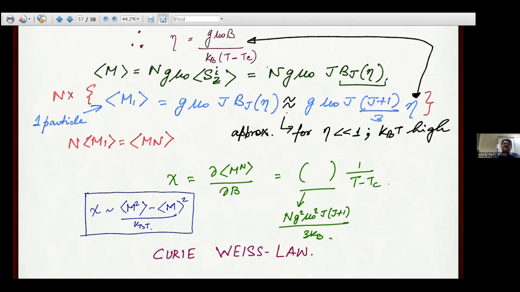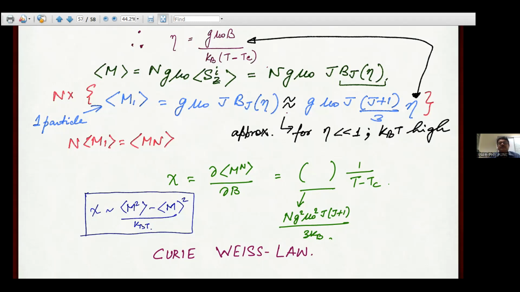Having said that, having solved this problem in this manner, this chi goes as 1 by (T minus Tc). That is what was seen initially experimentally, without going into the details. That's the broad behavior, and this is also called the Curie-Weiss law. This is the behavior at low eta. And of course, at high eta, it shows the